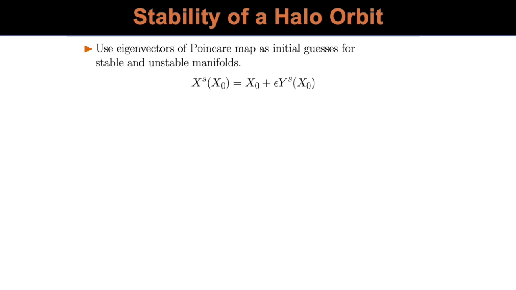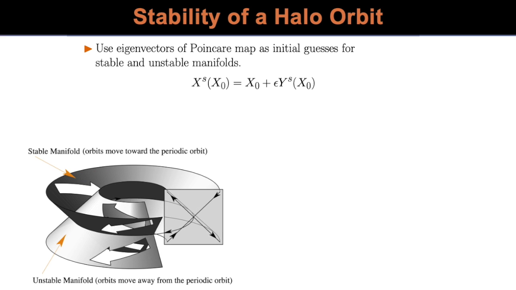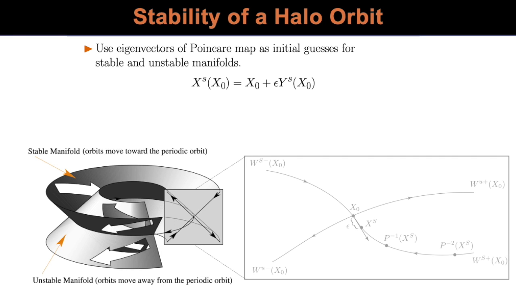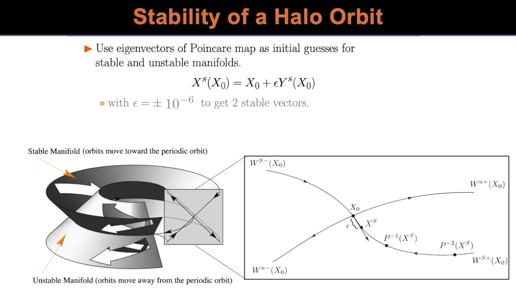We could look at what these stable and unstable manifolds do. We can just look at the stable manifold, by taking an initial condition and then integrating it backward. So this is showing an initial condition. Let me just show it. Here's our schematic of a periodic orbit and its stable and unstable directions. If we look at that in greater detail, x0 is an initial condition on the halo orbit. And so we look in the direction of a stable eigenvalue